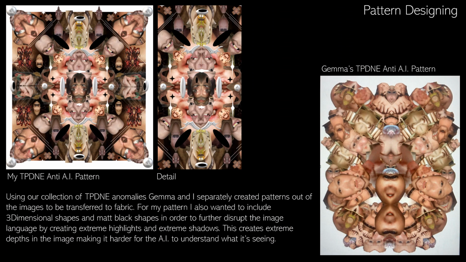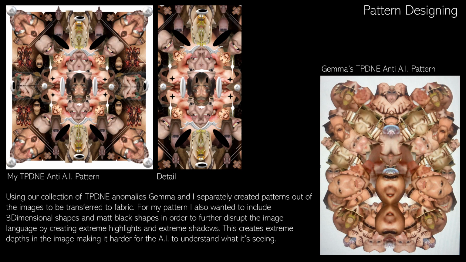Once we'd gone through the image generator, we just refreshed it multiple times, generating loads and loads of images. Every so often we'd get an anomaly, and every time we'd get one, we'd save it and collect it and put it into a storage of images. Over time we collected all these different anomalies, and we decided to use them to create a visual pattern that could then be transferred to fabric and used to make pieces for this project.